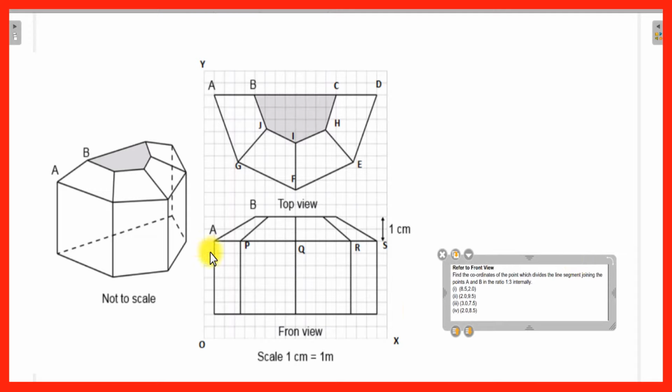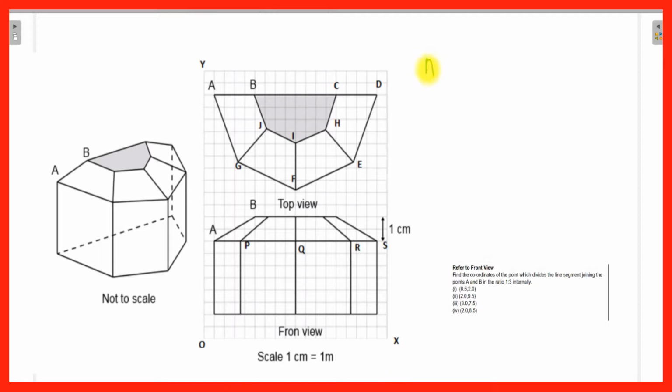So here we have to find the coordinates of point A. Point A, whose coordinates will be: x coordinate. Here the distance of point A from the y-axis is 1, so it will be 1, comma. Now you have to find the y coordinate. Y coordinate is the distance from the x-axis, and if you calculate this distance, you will see that it is 9. So the y coordinate is 9.